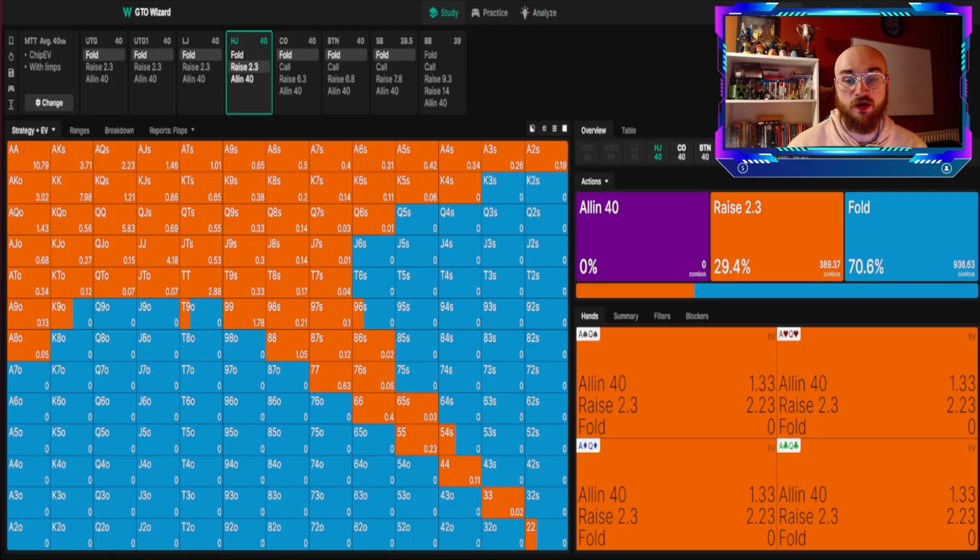This is chapter 1 of Poker Fundamentals, where we're going to be looking at your core strategy. I've identified this precise spot to be the core strategy. It's going to be 40 big blinds deep, tournament poker with antes. You're in the hijack, you're against the big blind, or obviously vice versa, you're in the big blind, you're against